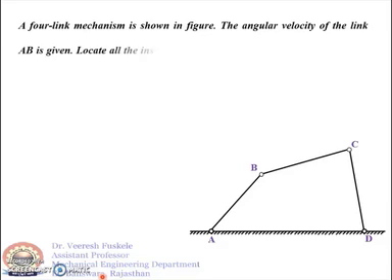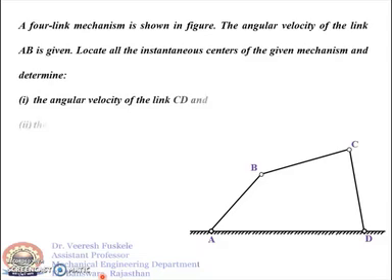The angular velocity of the link AB is given and we need to locate the instantaneous centers of the given mechanism, and we need to determine the angular velocity of the link CD and the angular velocity of the link BC. Before moving ahead with the velocity analysis, let us do a fast revision of what we learned in the